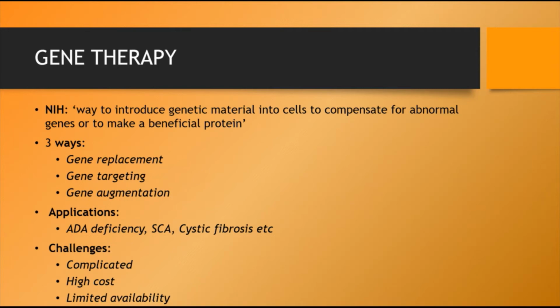Okay, three different approaches. This technique has so far been used in not many conditions, like ADA deficiency, sickle cell anemia, cystic fibrosis, and thalassemia, and it also comes with a few challenges. For example, it's quite complicated to deliver the normal gene at the target site and then switch it on. Avoiding the immune response triggered by the intervention also needs to be monitored. Then we need to avoid any degradation or disruption of the functioning of neighboring genes. That also needs to be checked. So things need to be monitored and it's quite a complicated process.